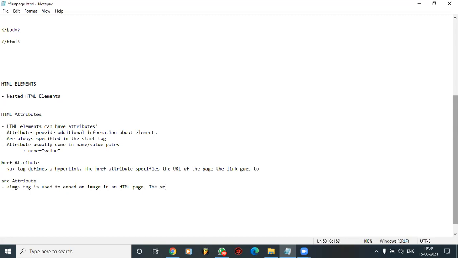Here the source attribute specifies the path of the image to be displayed. Okay,